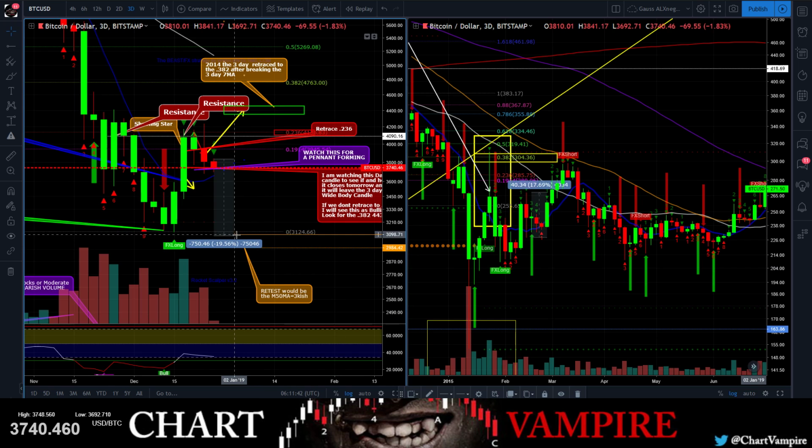3100-ish, you got a lot of support in here. You got anywhere from 32 to 3100. If this bear cross does play out, you would have that kind of a retrace right there. So then what we're going to do is we're going to go,